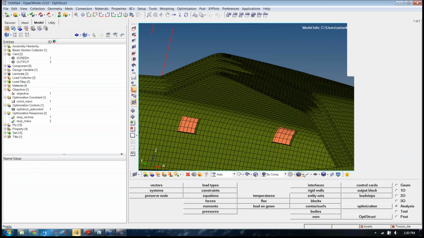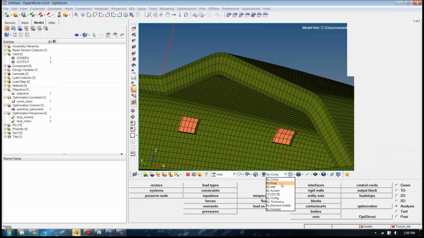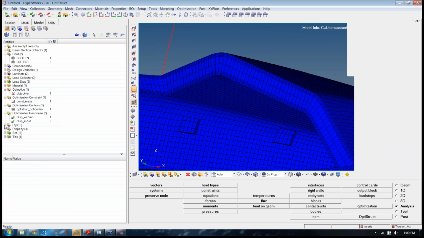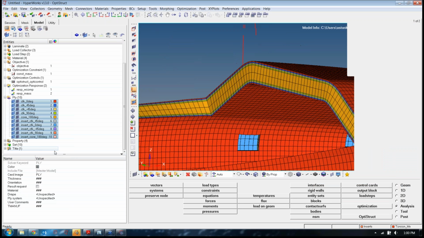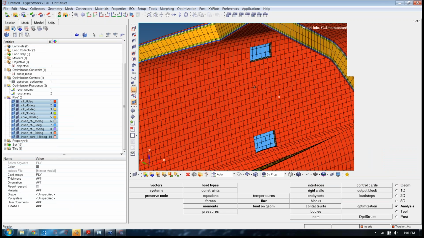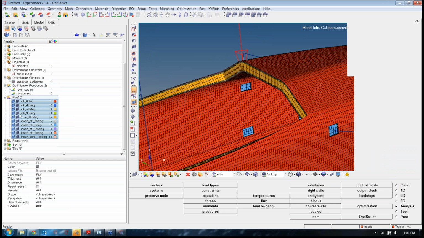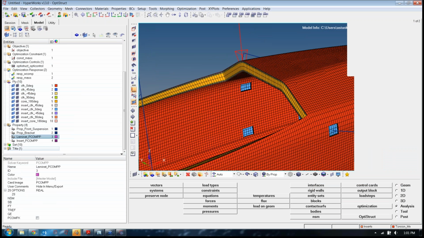You can see all my different plies, and if I do a 3D representation, you can see their thicknesses. Right now, they're symmetric about this midplane, but if you change the setting in the property for this laminate to, let's say, top, you can see when I refresh this window,